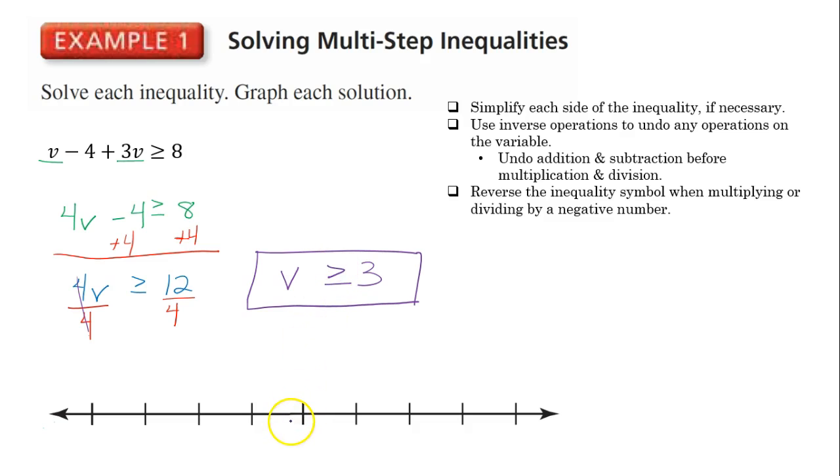And now I'm going to graph that. So I want the numbers that are greater than or equal to 3. Well, here's 3. Greater than is to the right. And equal to, we show by filling in that circle, showing that it can equal 3, or 3 is a solution to this inequality. So boom shakalaka,